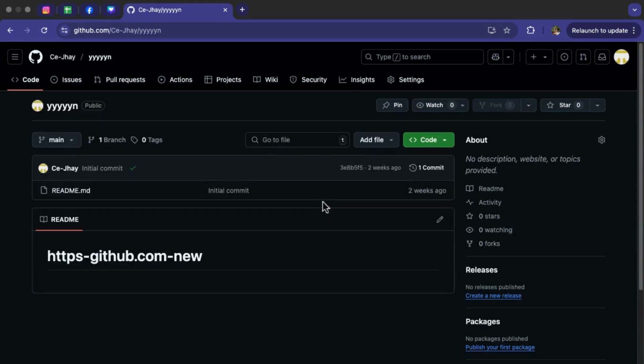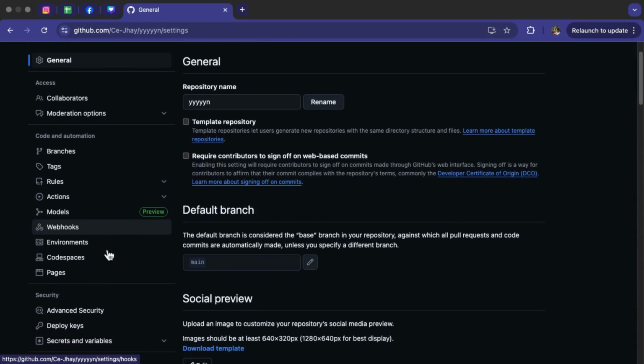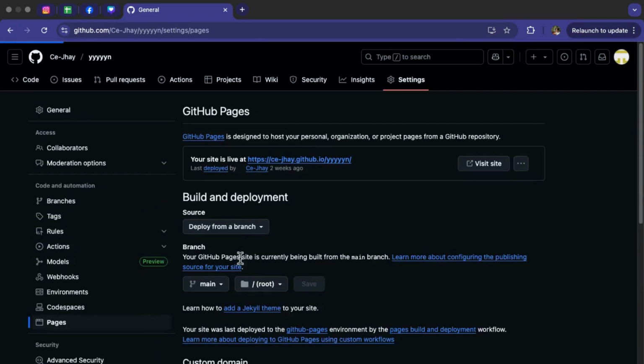So at the top of the page, click on the settings tab, and once you're on the settings, scroll down to the code and automation section. Then click on pages. Now that we're on the GitHub Pages section, there are two key settings that you